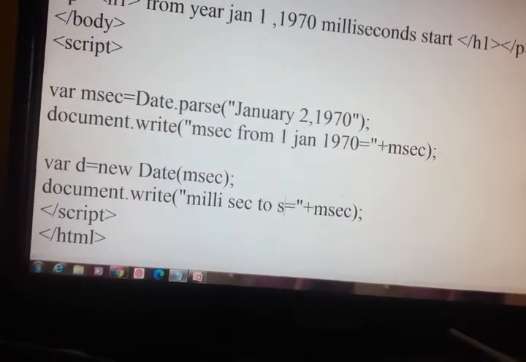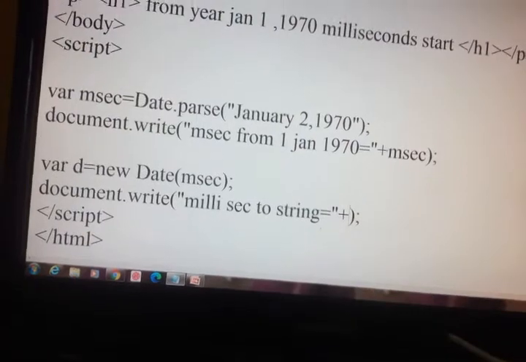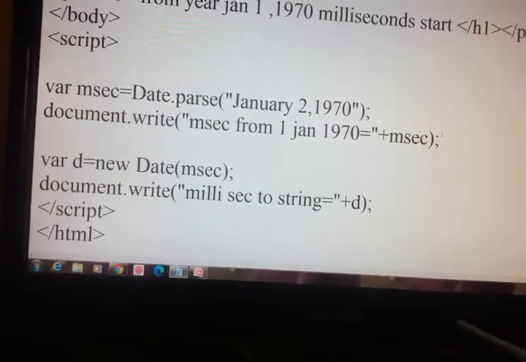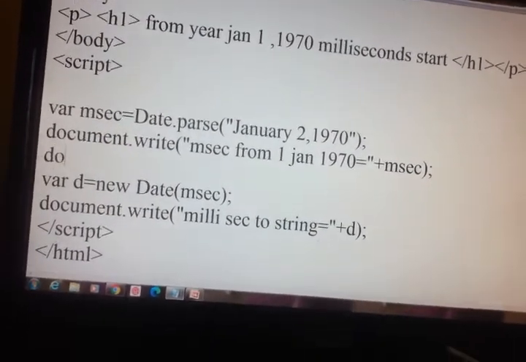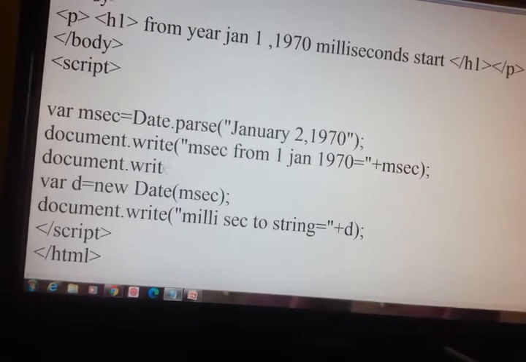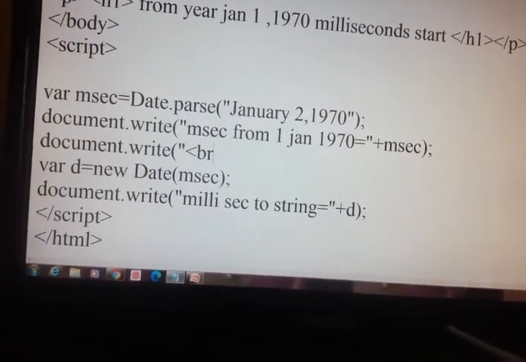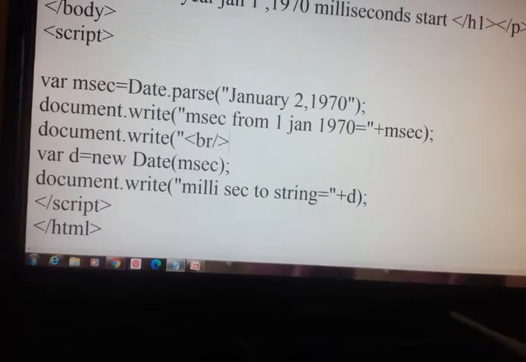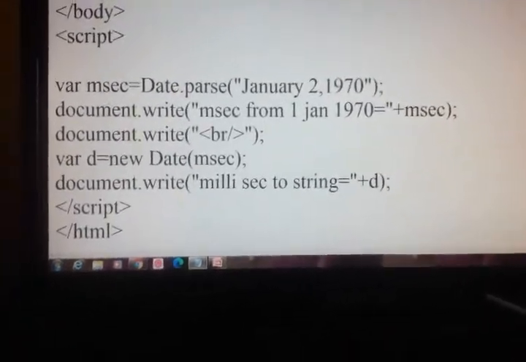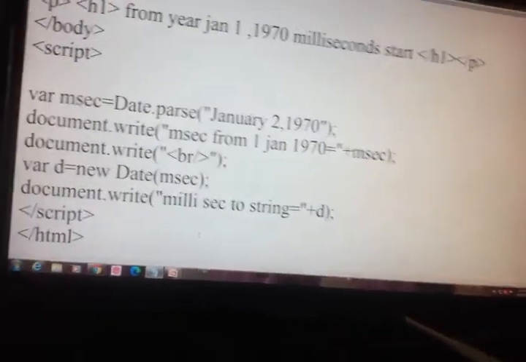Milliseconds to string. I am printing the milliseconds, then I am printing this, converting it to a string. Let us see what output we get.